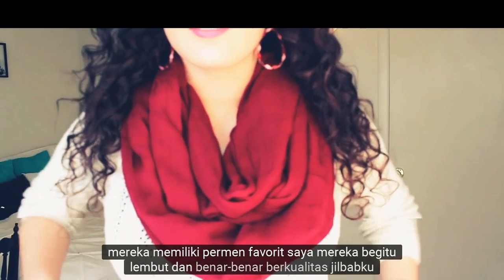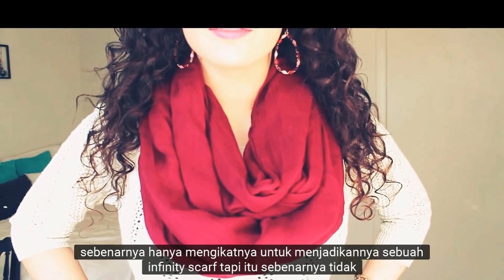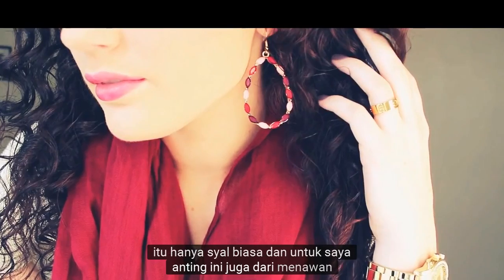My scarf that I'm wearing is from Charming Charlie. It's just a burgundy scarf. I actually just tied it to make it an infinity scarf, but it's actually not. It's just a regular scarf. And for my earrings, these are also from Charming Charlie. They're just